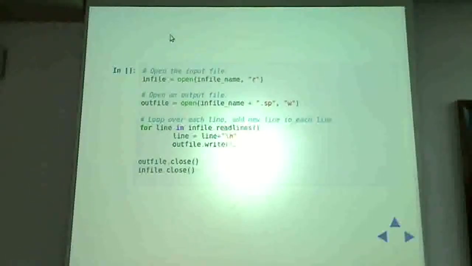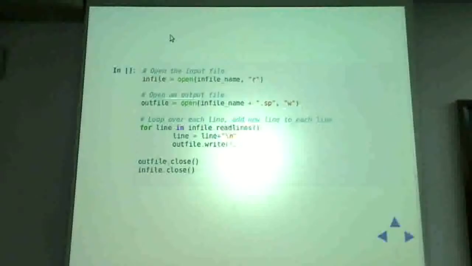Take in file name, which is a string, add .sp to it. So if this was sum.text, this operation makes it sum.text.sp.